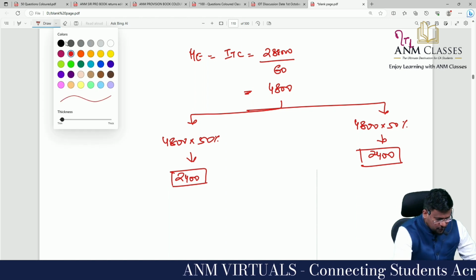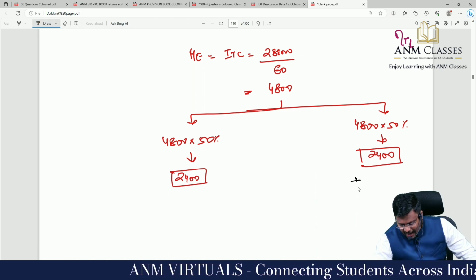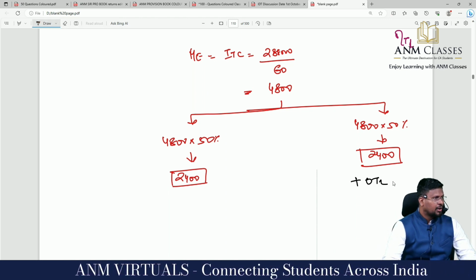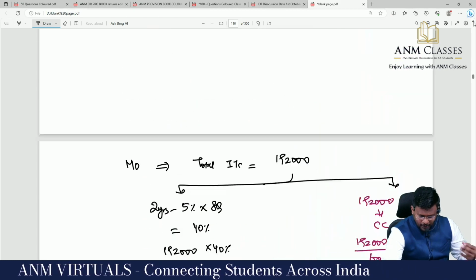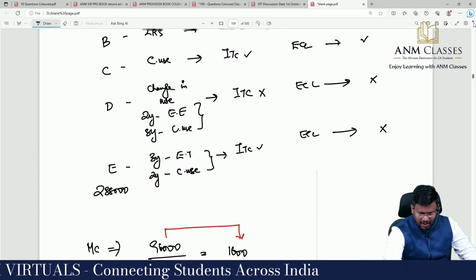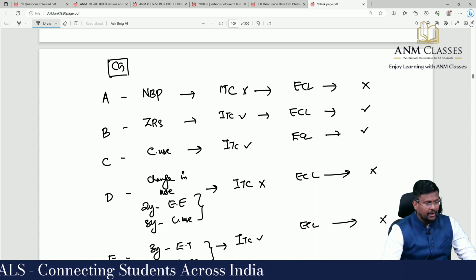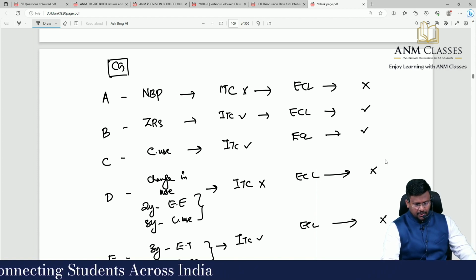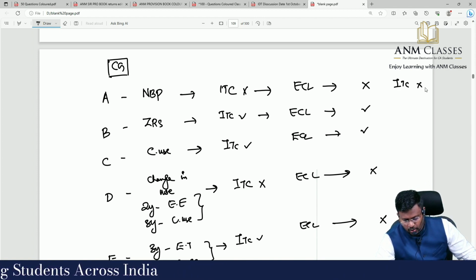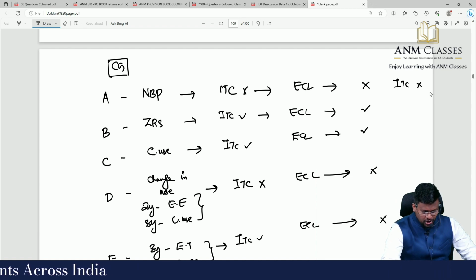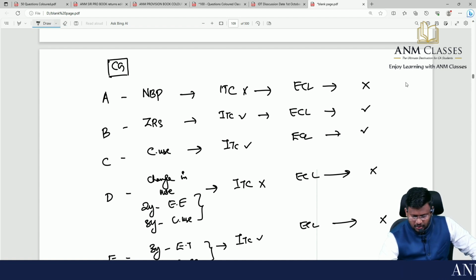This 2,400 has to be added to the output tax liability. So when you see, tell me with regard to machine A there is no problem at all. Machine A, sir, there is no ITC at all. Correct? With regard to machine B, sir, what is the amount of ITC? 50